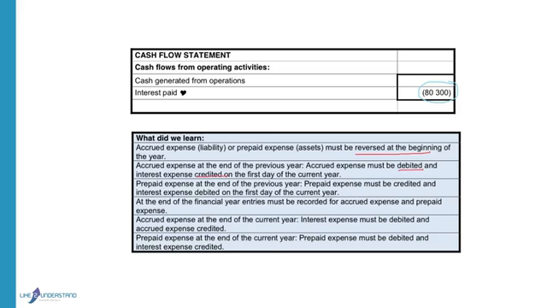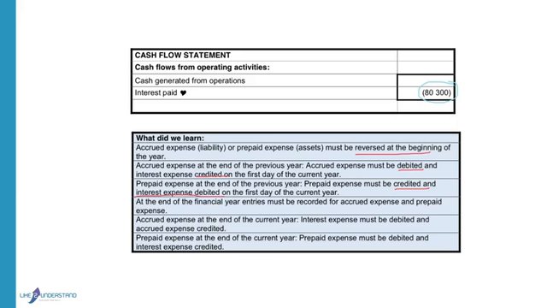Prepaid expense at the end of the previous year was an asset, so it had a debit balance, so you had to credit the interest expense account to close off the prepaid expense account, and you would debit interest expense for the current year. At the end of the financial year, you have to record accrued expense and prepaid expense. So you will do it at the beginning of the year when you reverse entries, and at the end of the year when you do an adjustment to do the entries for the current year.